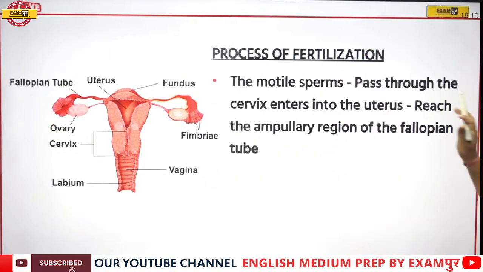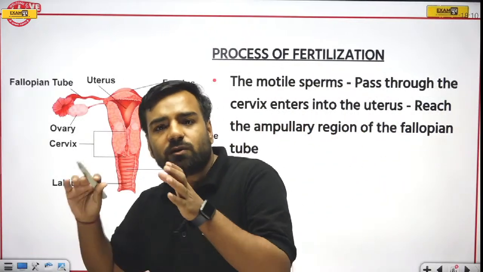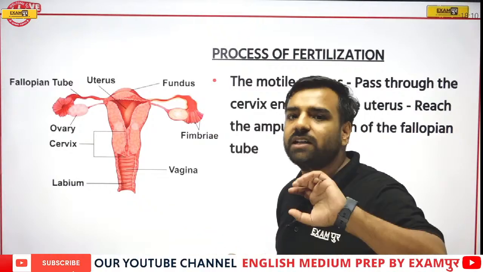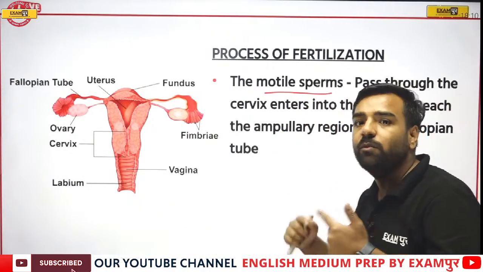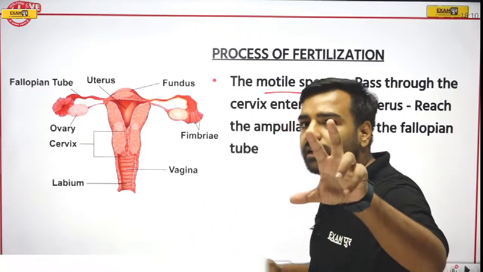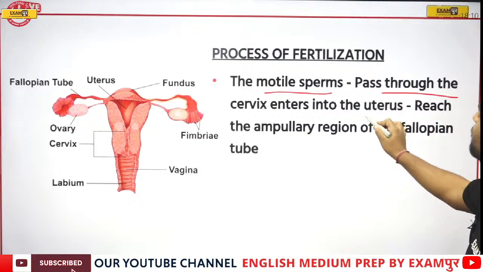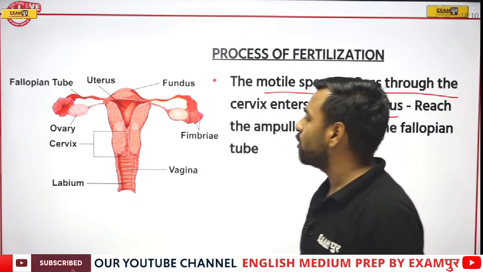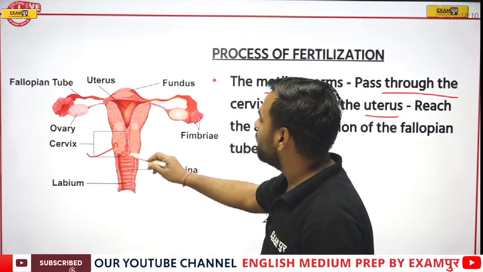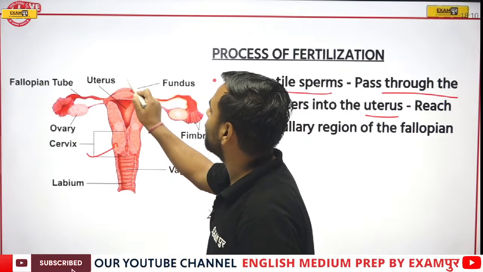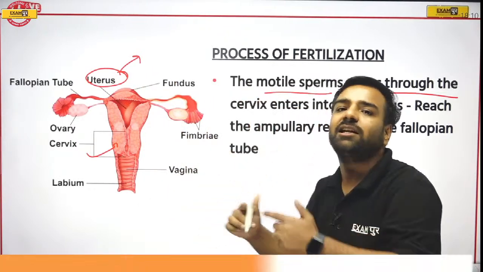Next. So here, what is actually happening before this fertilization? We have sperm cells which are generated from the male. The motile sperms, we are talking about the movement of the sperms, correct? If I talk about the movement of the sperms, they pass through the cervix and enter into the uterus. Just have a look. This is actually the cervix area, and from here it enters the uterus part, and this is the location where the generation of the baby is taking place.